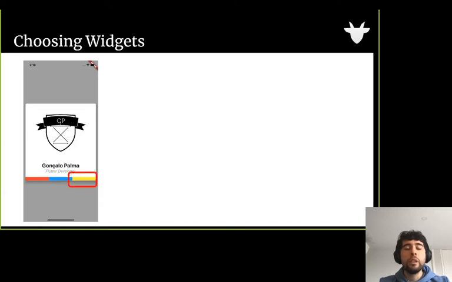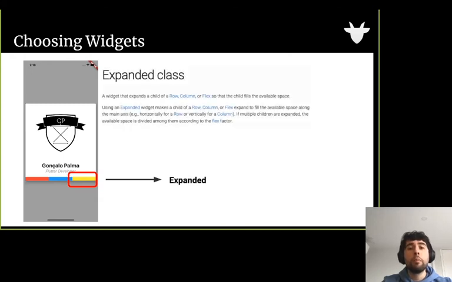Now, one of the things that we see here is that we have 3 elements displayed side by side, but I don't want to input here a specific width, because here I'm displaying it in an iPhone X if my memory is correct. But if I go to another device and I said that the yellow section is 200 pixels, well, 200 pixels might look different in other devices. So what I want to do is say, okay, I'm going to have 3 elements side by side, and I want them to first have the same width and then to expand as much as possible. And for that, we have the Expanded class.